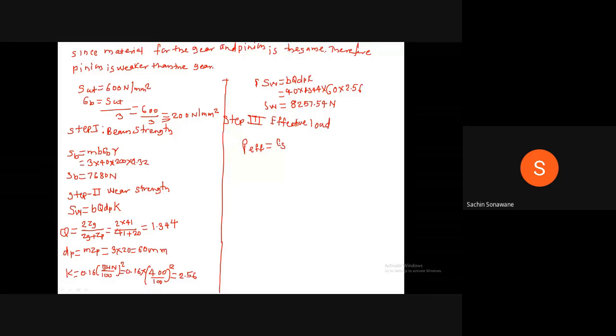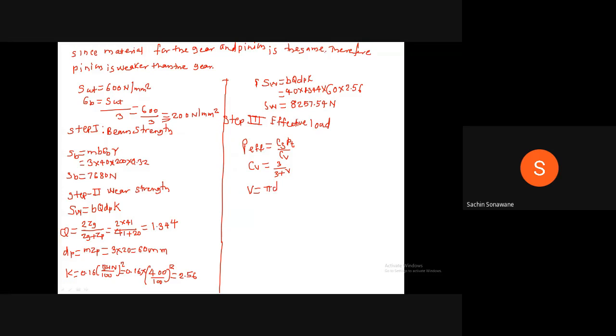CS into PT upon CV. We will calculate P effective in terms of PT. CS we know, CS is equal to 1.75, and the value of CV we will calculate. What is the formula of CV? Velocity factor CV is equal to 3 divided by 3 plus V. Now how to calculate V? V means pitch line velocity. Since they have given the speed of pinion and we know the pitch circle diameter of pinion, V is equal to